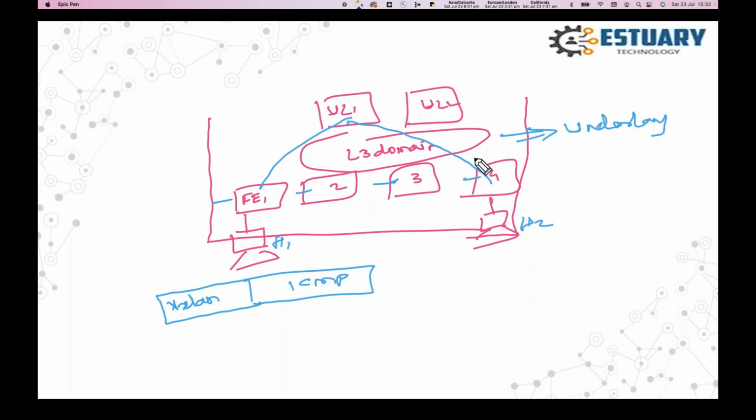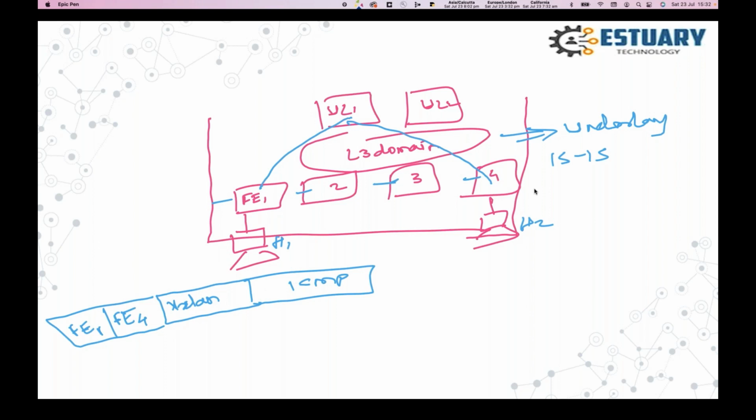Okay, so reachability through underlay is happening through a routing protocol called ISIS. And my data traffic is encapsulated inside VXLAN with outer header IP address as my fabric edge 1 as the source IP address, and fabric edge 4 as the destination IP address.